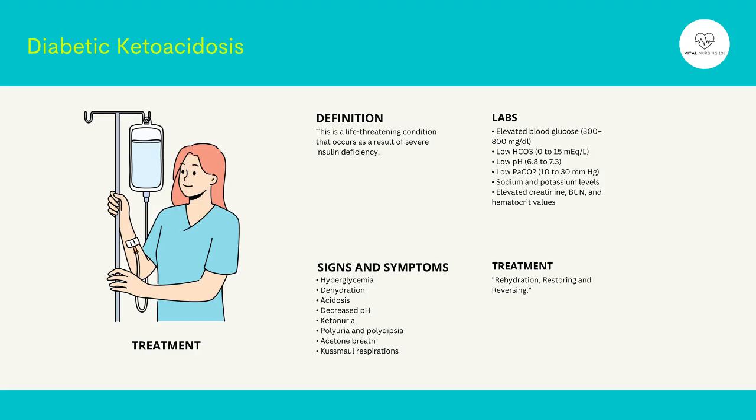Okay, let's move on and learn about treatments for diabetic ketoacidosis. In terms of the goal of treatment and medications, just think: rehydration, restoring, and reversing. Rehydration. This is done to restore circulating fluid volume, initiated with normal saline until blood sugar levels reach 250 to 300, at which point the client is typically switched to a solution containing dextrose such as D5W or D5 normal